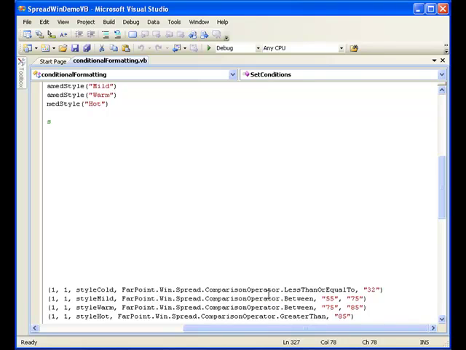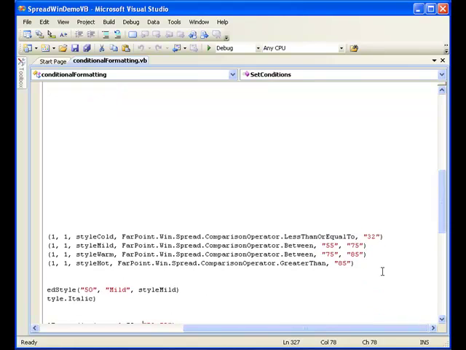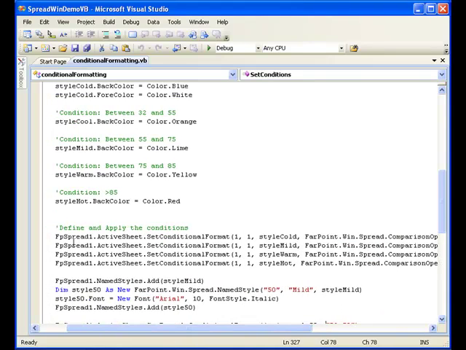Now, there's all kinds of operators that you can use. We have equal to, not equal to, greater than, less than, greater than or equal to. So that is basically it. That will apply those styles to the cell. So now if we run,